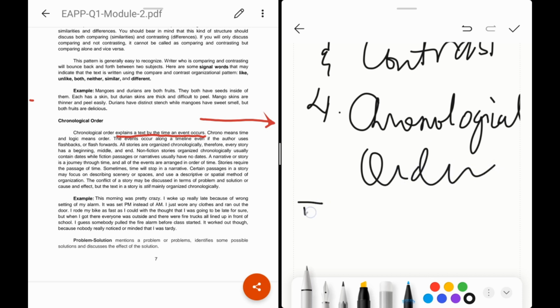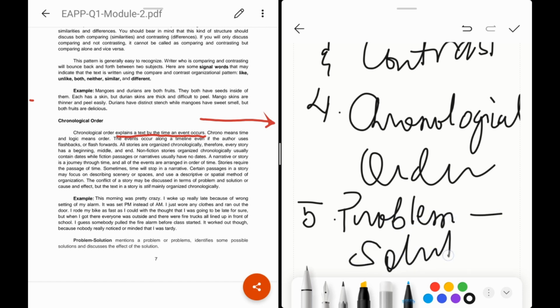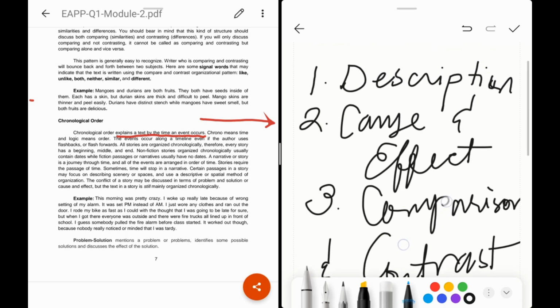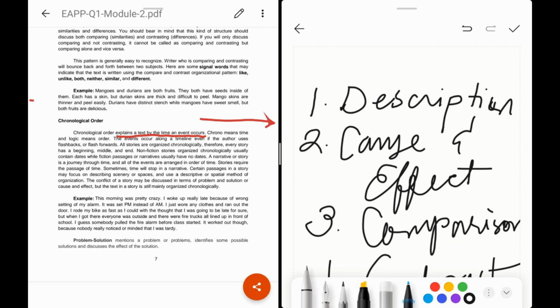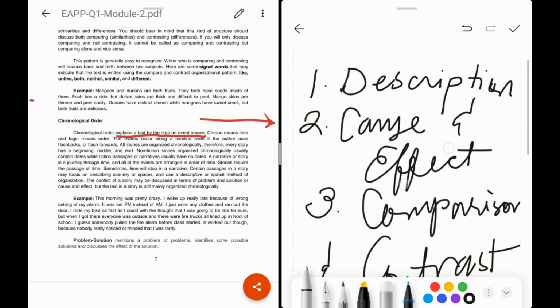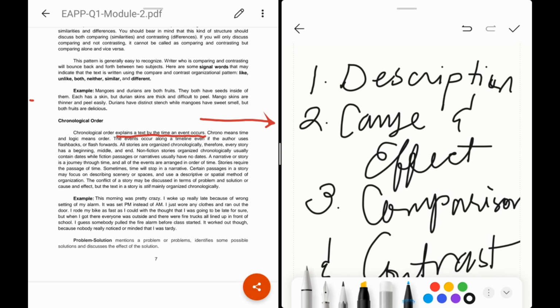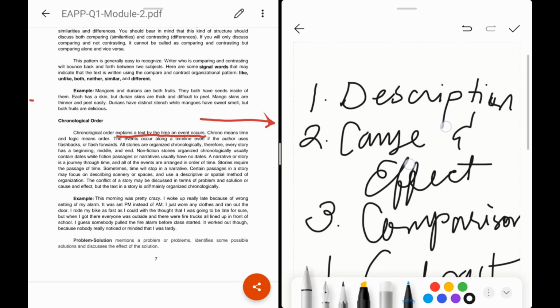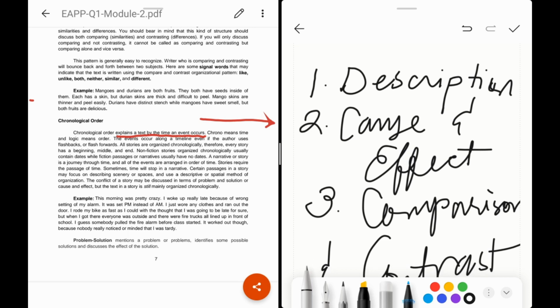And then finally, we have the problem solution text structure. So these are the different ways on how you can glean or understand information from the text by identifying their text structure. Ano bang sinusunod na pattern ng writer sa paggawa ng kanyang paragraph, ng kanyang essay, ng kanyang text? Siya ba'y gumagamit ng description? So, syempre, kung alam mong gumagamit siya ng description, mas madali sa iyong identify kung anong information ang binibigay niya